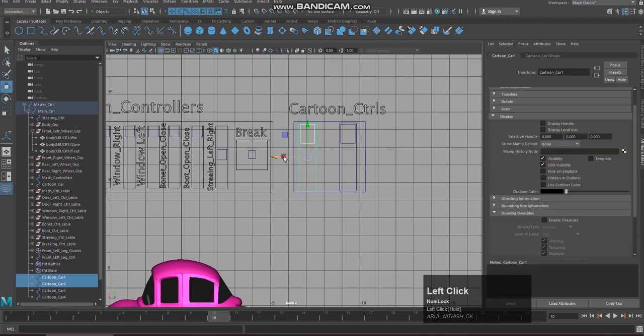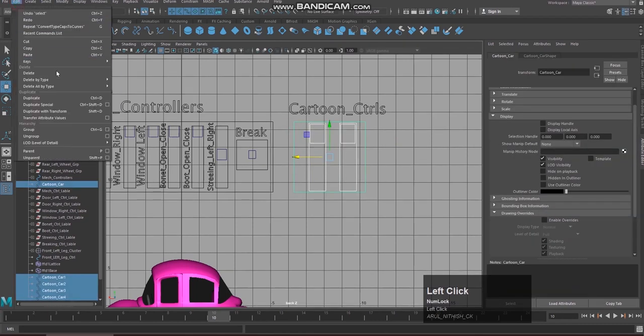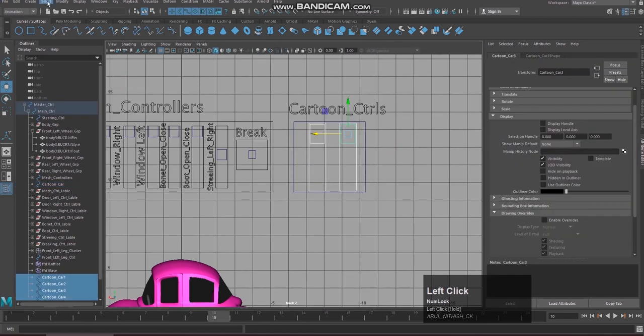So this is for stretch and squash, and this is for twist. Select all these things, Edit, Delete by Type, History, then select them and give Modify, Freeze Transformation.